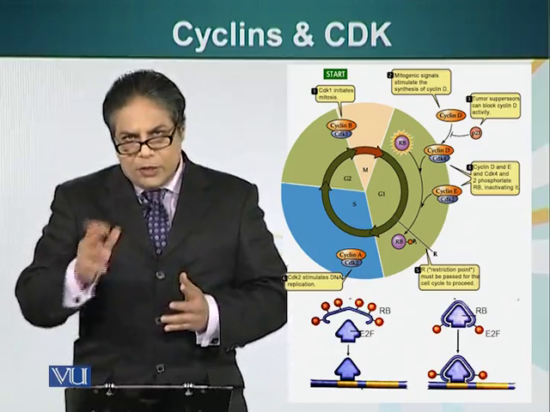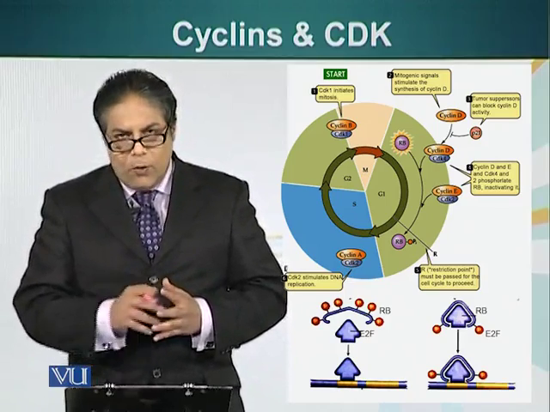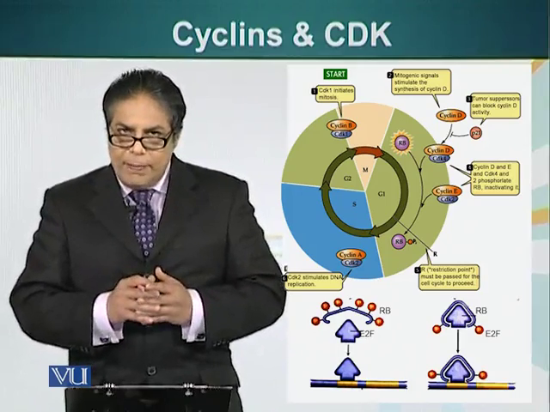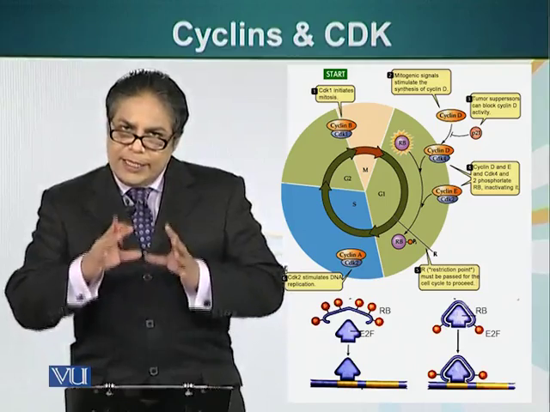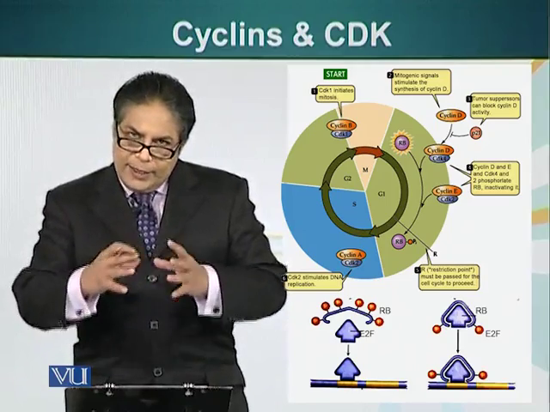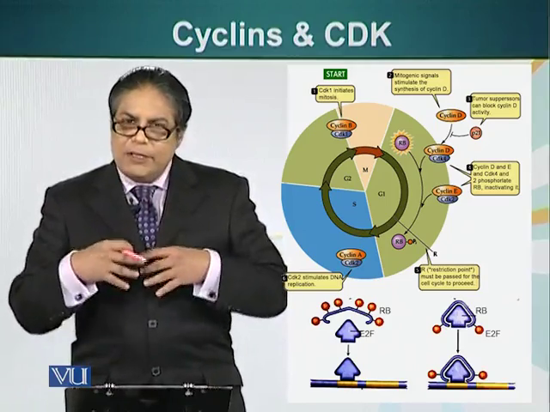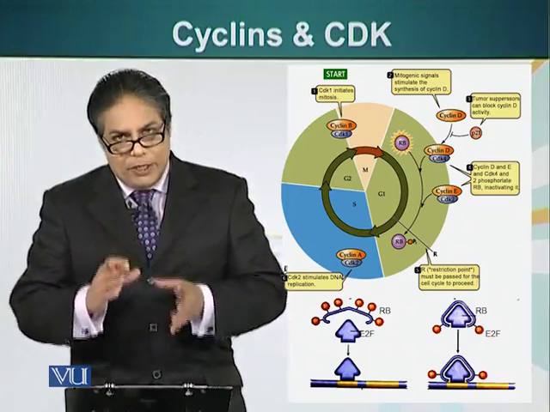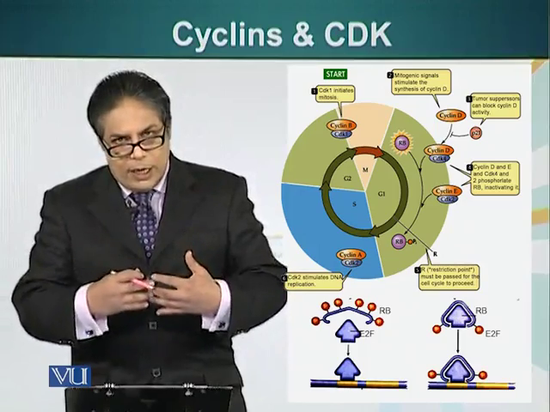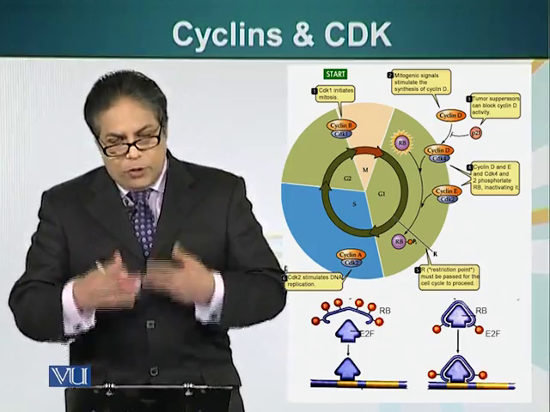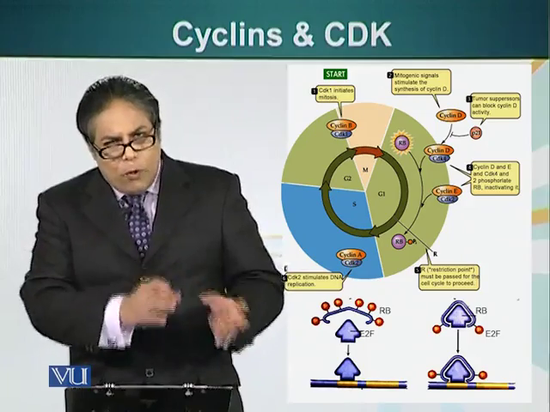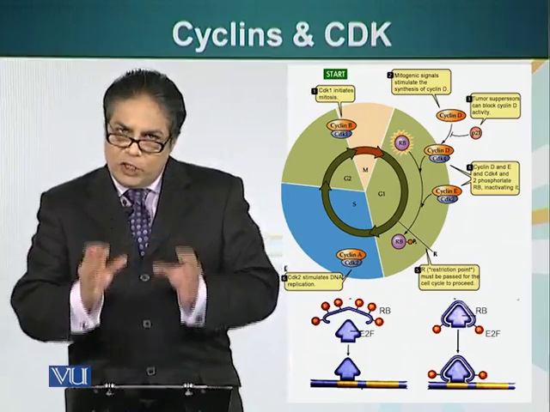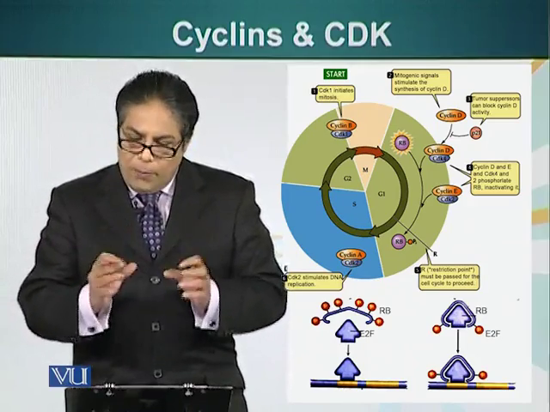Additionally, I would like to mention, as you can see on your screen, there's a protein called P21. This protein is a very important protein. It is basically sensing, looking at the DNA damage. If the cell's DNA has been damaged, you don't want to make a copy of damaged DNA, because once a daughter cell has been formed, two daughter cells in fact will be formed. If both these cells have damaged DNA, you are creating two cells which will not be functional, or will not be able to function properly.